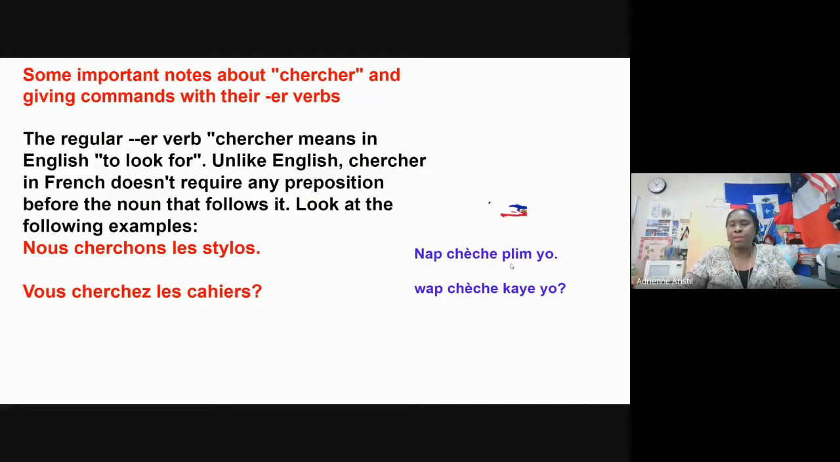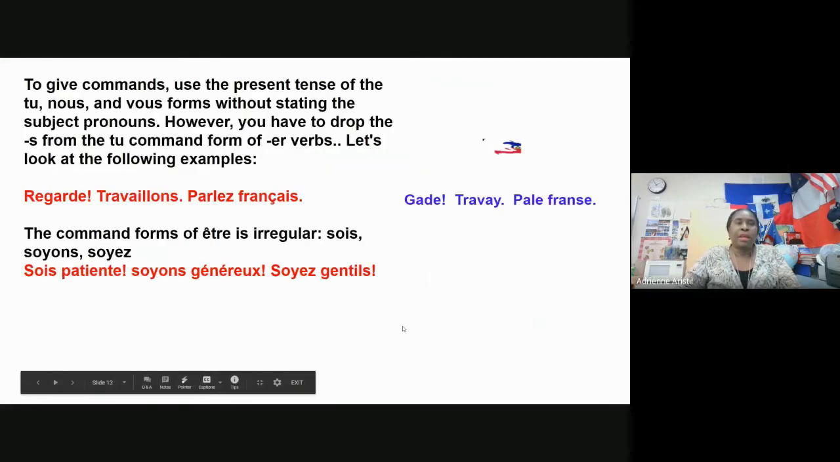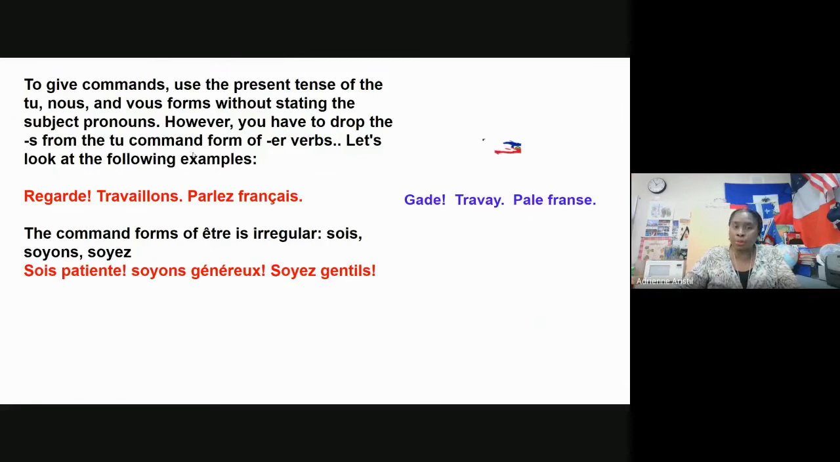In Creole, n'a cherché plumio. And wap cherché cahier. To give commands, use the present tense of the tu, nous, and vous forms without stating the subject pronouns. However, you have to drop the S from the tu command form of ER verbs. Let's look at the following examples. Regarde, travaillons, parlez français. In English, that means look, let's work,